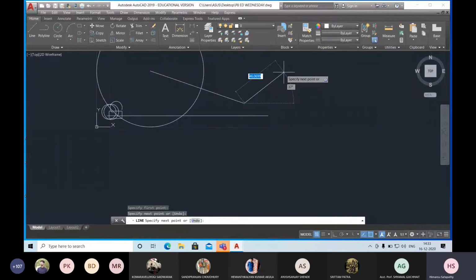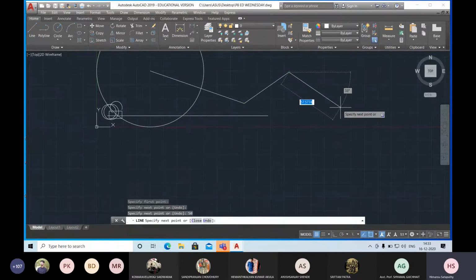When I rotate this one, it is showing 37 degree. The angle is showing 37 degree, 38 degree. Whenever I move this one, it is showing 37 degree. And you can directly enter on this point 50 mm, so that I can draw a 50 mm line. Similarly, 33 mm, I can draw 60 mm. Any option I can draw easily, there is no issue. It is showing. So this is your manual method.